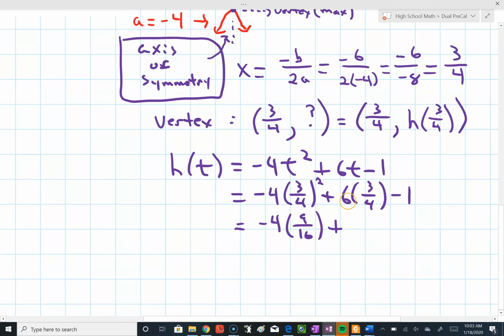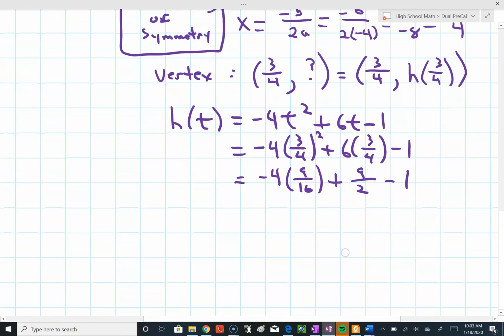Multiplying a whole number by a fraction, we can simply multiply by the top, or we can do some reducing. Between 6 and 4, 2 goes into both of them. That would make this a 3. 3 times 3 is 9/2. Multiplying -4 times 9 would be a -36, or again, 4 goes into 4 once, 4 into 16, 4, so this becomes -9/4